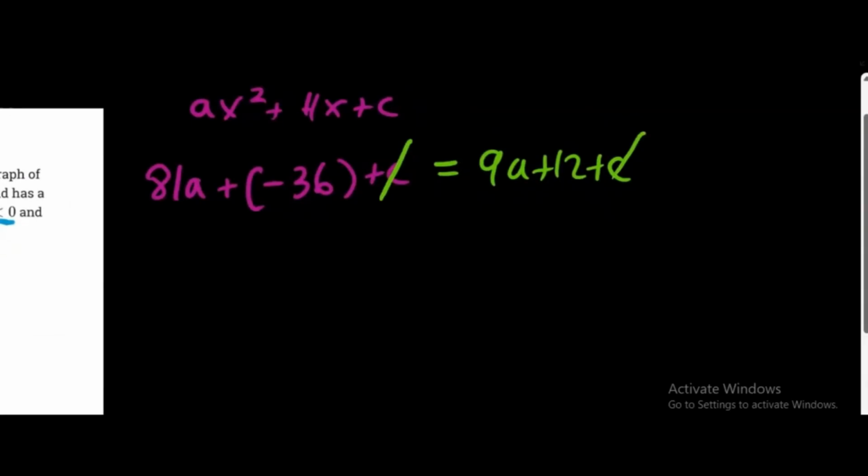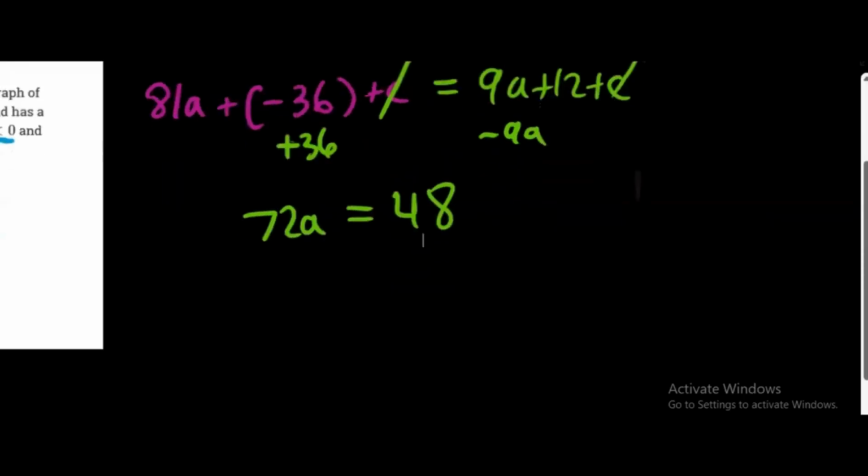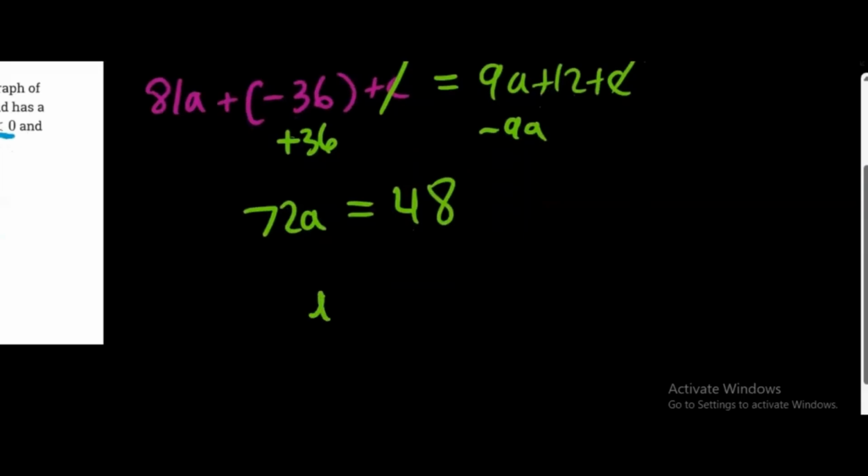And so now we're just left with one variable, and that one variable is a. And so we can solve for a. Let's add 36 on this side and subtract 9a on that side. So we get 72a equals 48. Divide both sides by 72. We get a equals 48